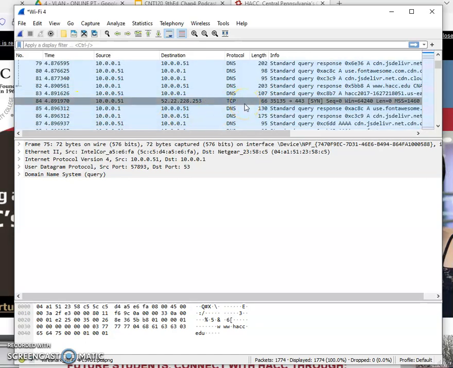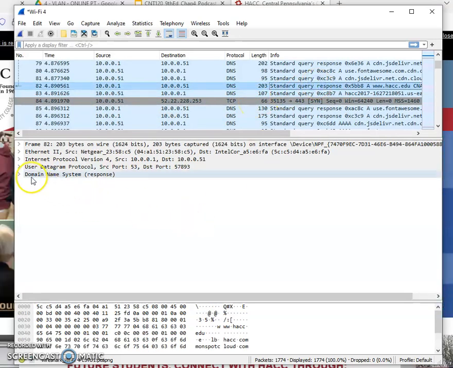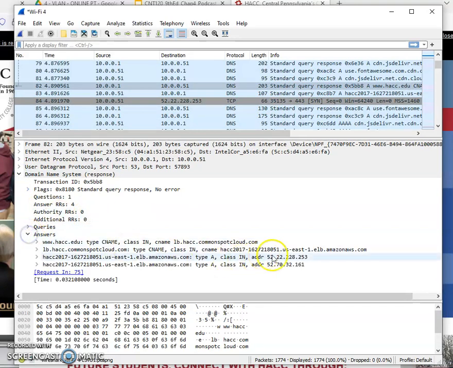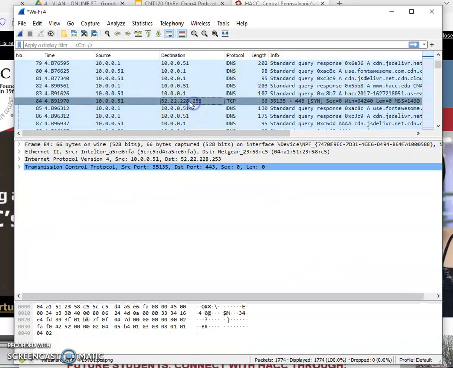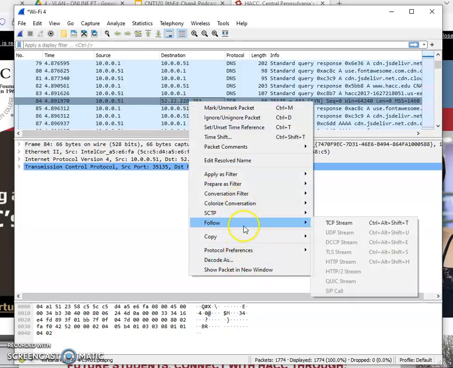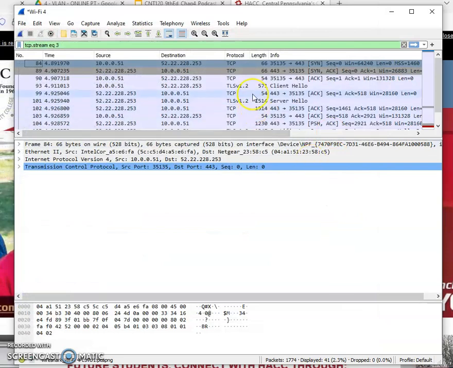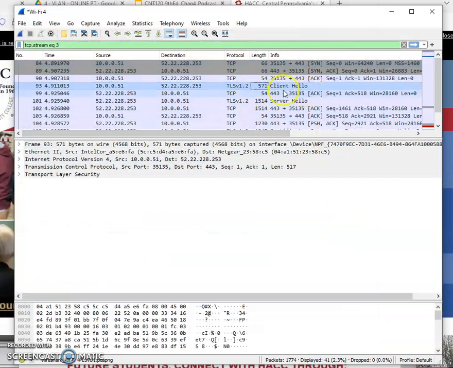And then we hopefully see us starting our transfer. Here's our response to the question, what's the address for hack.edu? Let's look at the answer here. Looks like 52, and so on. So there's 52. There's us probably doing the 3-way handshake. So let's follow this TCP stream. Okay, here's the 3-way handshake, and then right off the bat,